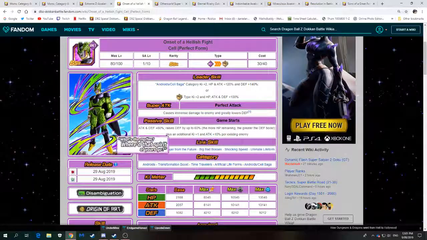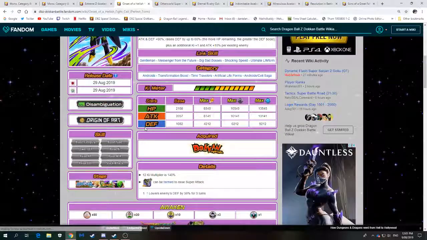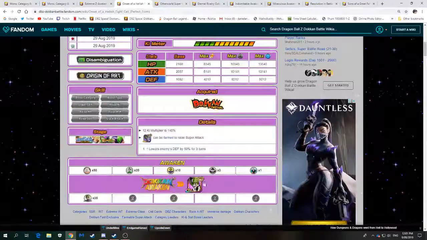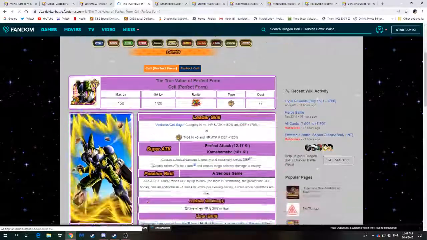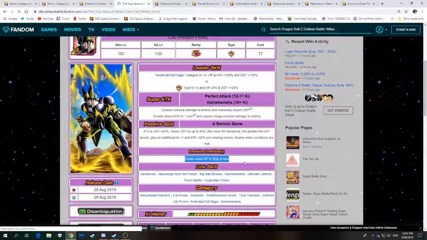Zhao is also a very good unit for Super Battle Road and a very good unit for the Goku event. They softened him a little bit, so he doesn't hit as hard as the other allies on the list, but his defense is still pretty good. Pretty much the only time you're probably going to see him transform is on Super Battle Road or the Legendary Goku event, but